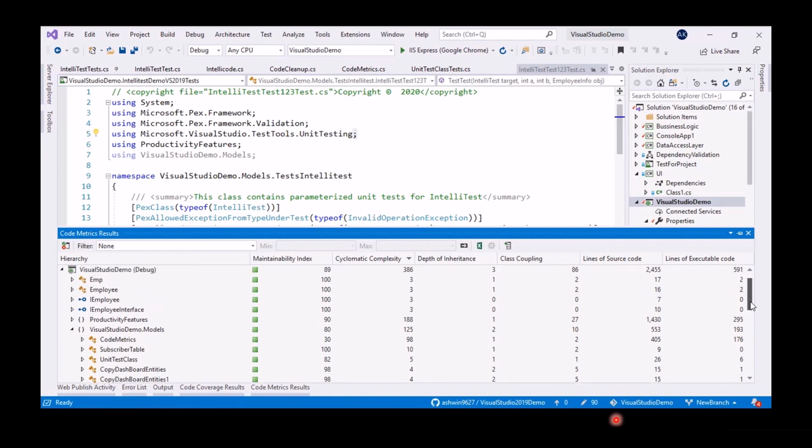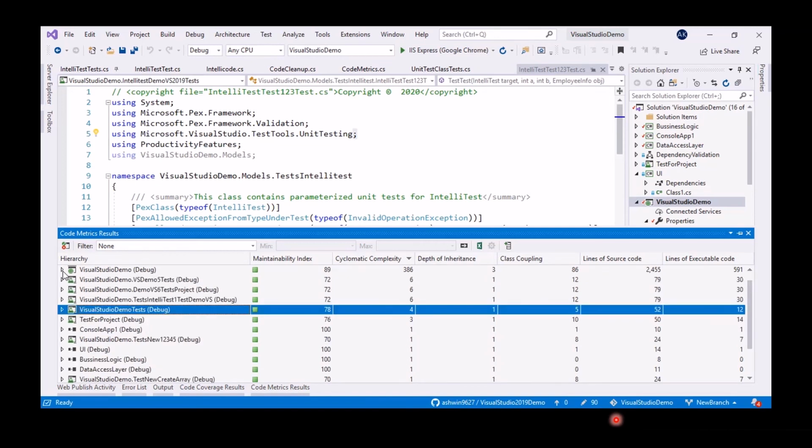As you can see the hierarchy here, this is the project level health. As you can see, the maintainability index is 78, and so on. I'll tell you what all of this means later. As of now, you can see it's the project level count. Here there is a drop-down. If you expand that, you can see the namespace level.